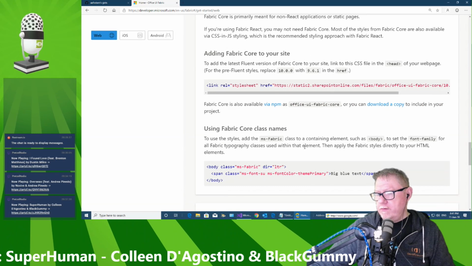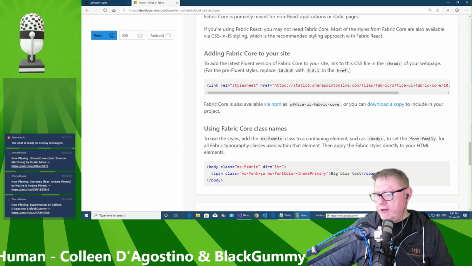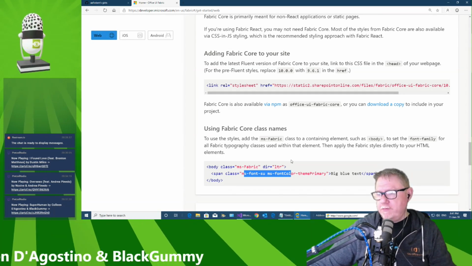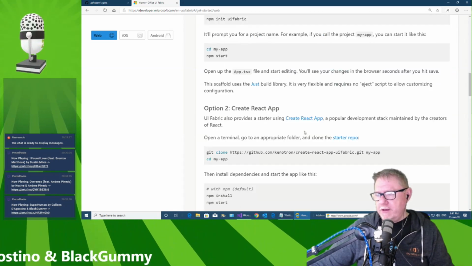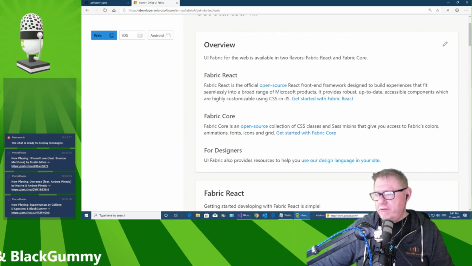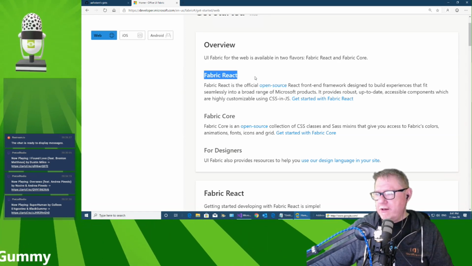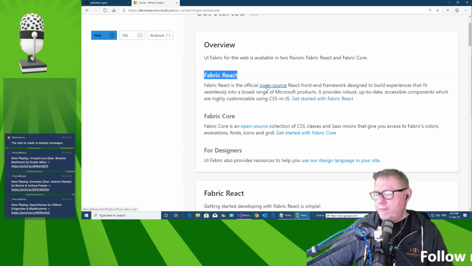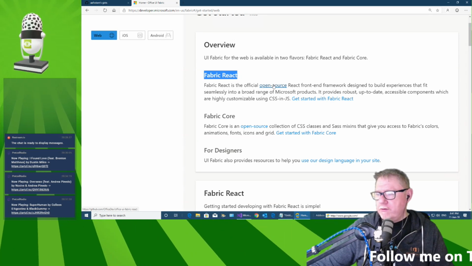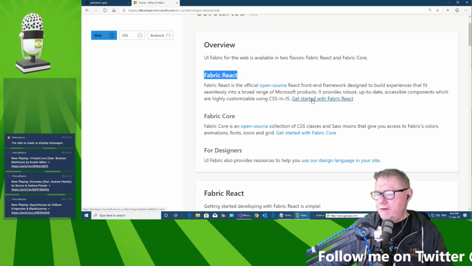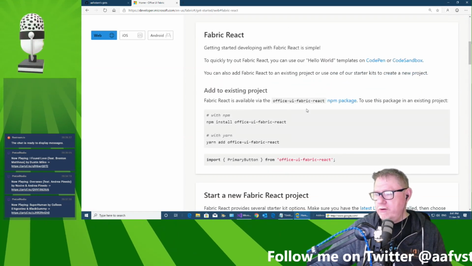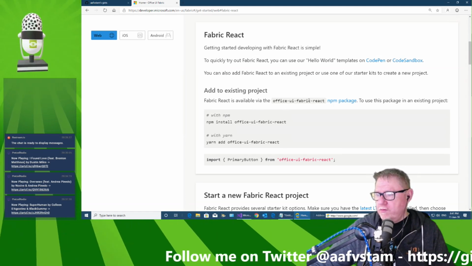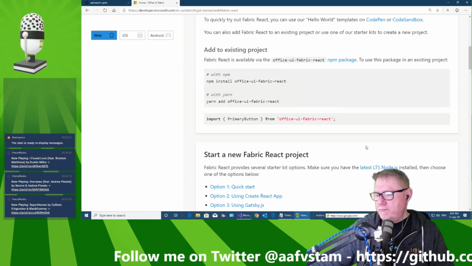Yeah, it seems to only do things with your fonts and your characters and some UI stuff, but the real stuff is all done in Fabric React. Apparently the Office team decided to move over to use Fabric React as the main item to build your UI in there. Add to an existing product, Office UI Fabric React npm package. But